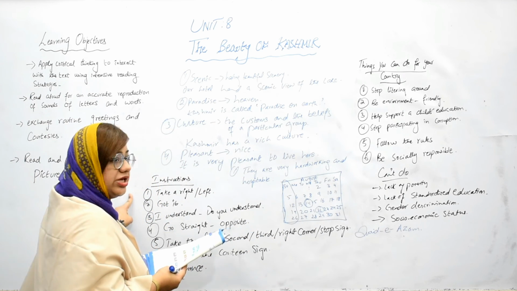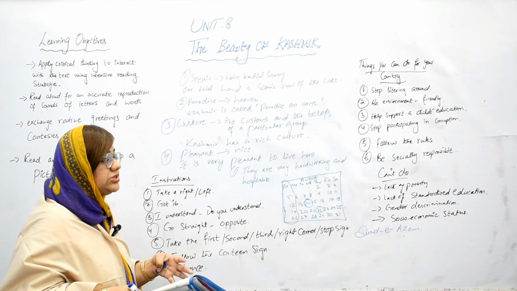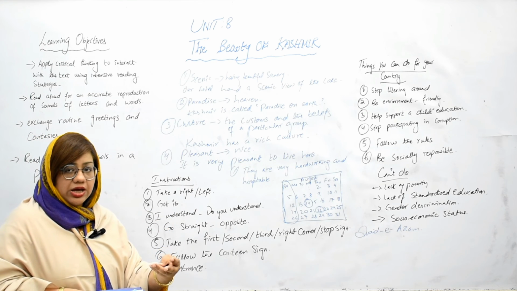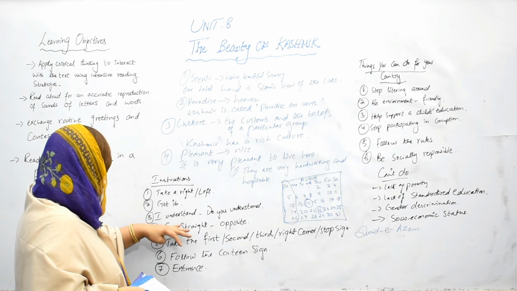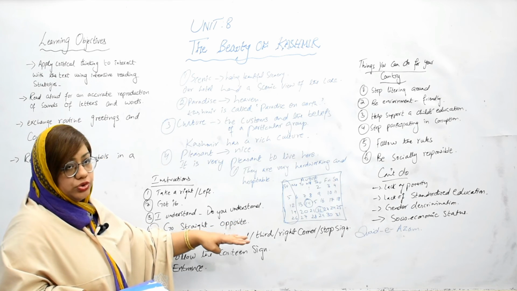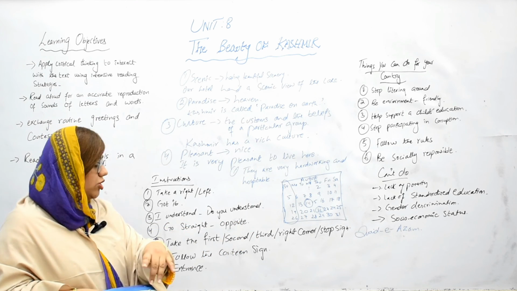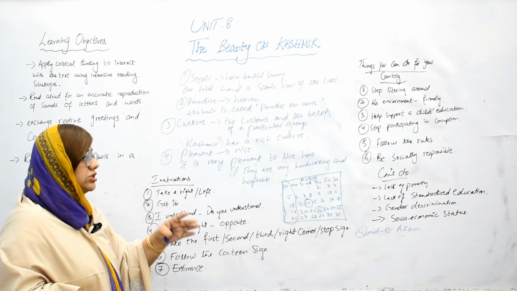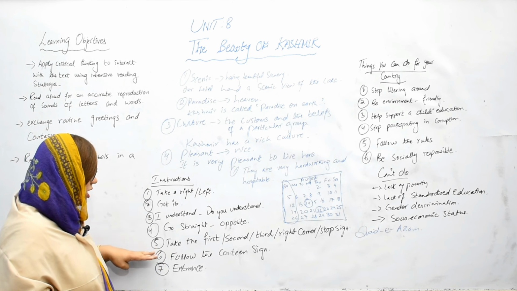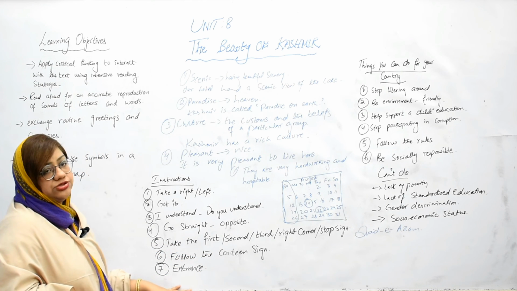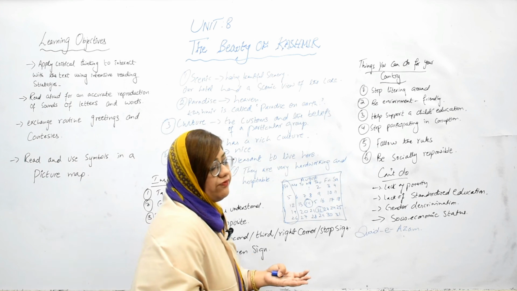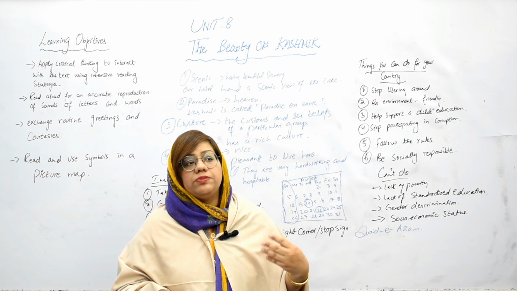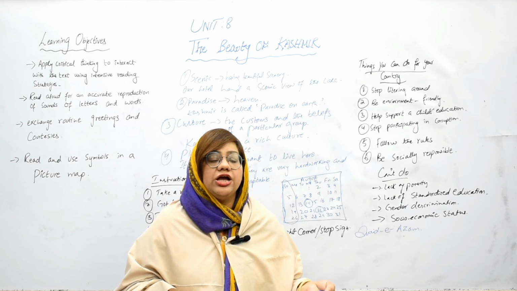So I'm instructing him in this way. You may write in your own words. This is the way to instruct others. Take a right, left. You ask someone, got it? I understand. Another person said, do you understand? Yes, go straight and opposite. These are the directions I'm giving. Take the first, second, third and right corner. Then the stop sign. Follow the canteen sign, then enter and bring the food. So this is the way to give directions to anyone if somebody asks you about any kind of route or direction.